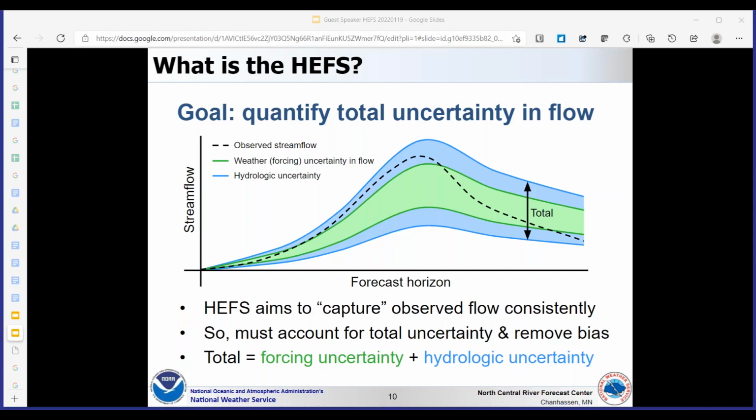In this chart, there's an example of how the uncertainties are captured. The weather uncertainty is captured in the green area, and the blue areas are the hydrologic uncertainty. This is just a graphic to give you a visual idea of how that is done.